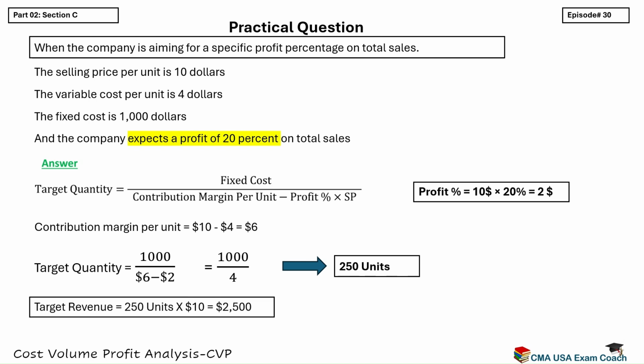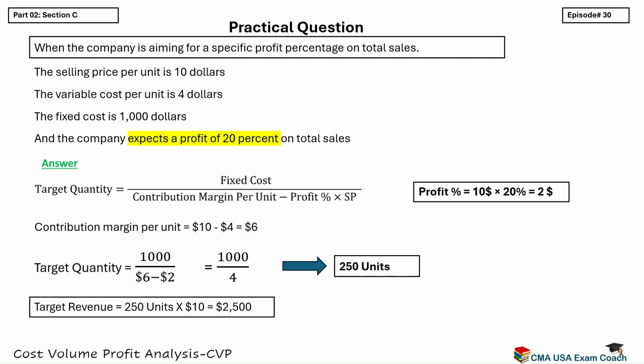Now that we know we need to sell 250 units, and each unit is sold for $10, the total revenue needed is target revenue equals 250 times 10 equals $2,500. Final answer, target quantity equals 250 units. Target revenue equals $2,500. So, by selling 250 units, the company will cover its fixed costs and earn exactly 20% profit on the total revenue. This is how we handle target profit questions when the profit is given as a percentage of sales, not